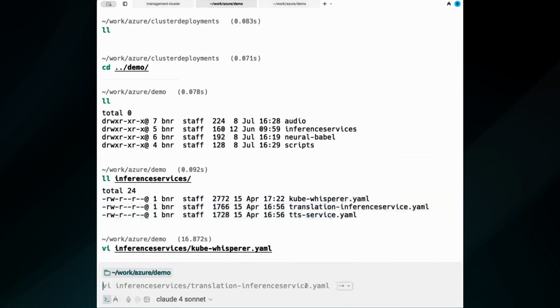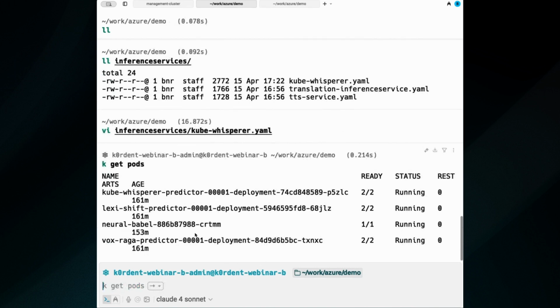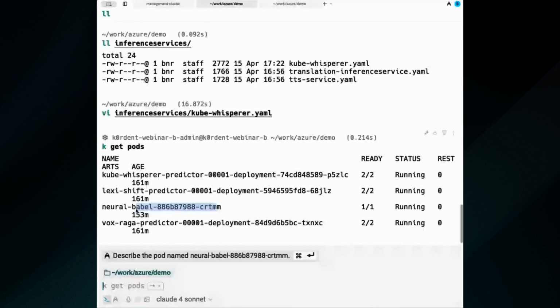So a couple of reasons why I did that. One, there's no very good open source model that does speech to speech translation really good. There are, but I'm just saying the quality of the service is not that great. Second, I want to showcase the power of KServe itself, right? So connecting all these applications is one application called Neural Babel, which is sort of a pipeline for this